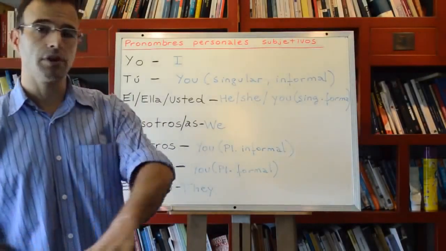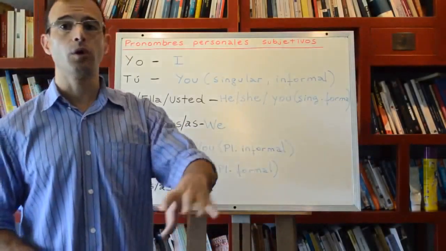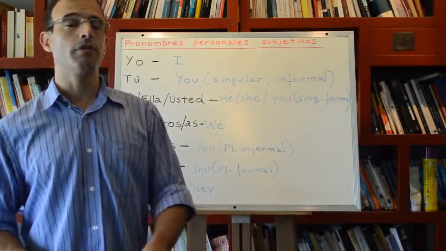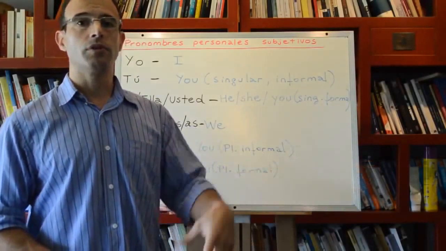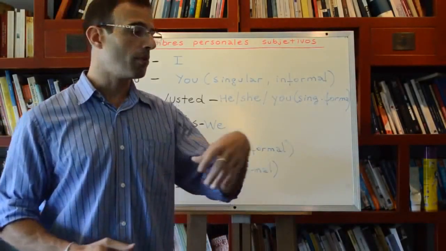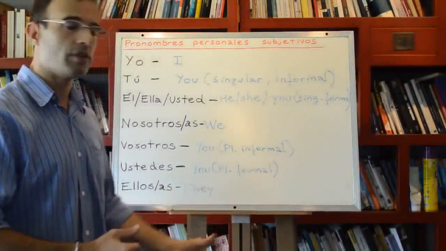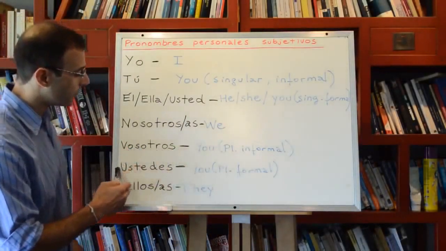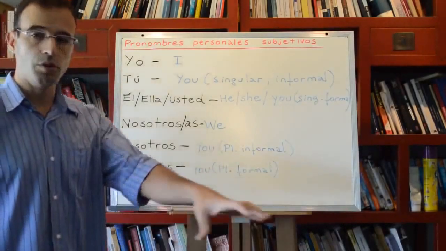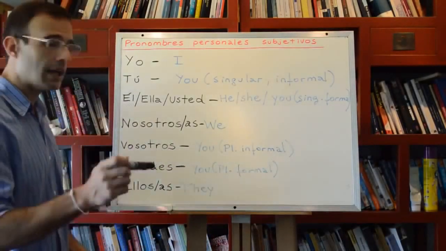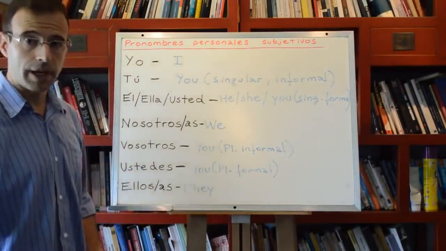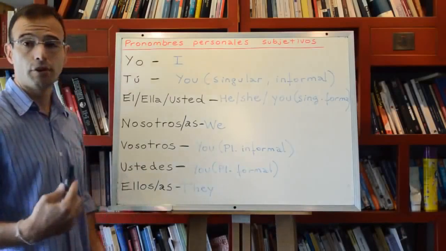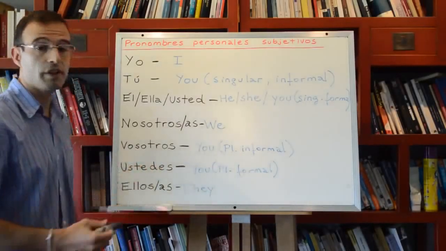So no matter if you're addressing a group of friends, a group of relatives, a group of children, a group of directors of a board, or CEOs, or politicians, senators, presidents, whatever, everybody will be addressed as ustedes, for you all, okay? In Latin America. In Spain, let me repeat again, vosotros would be the informal and ustedes would be the formal,